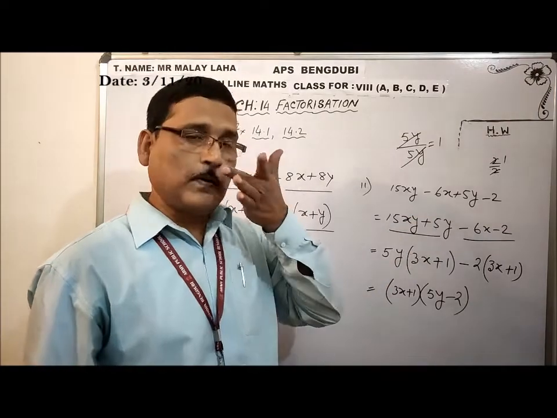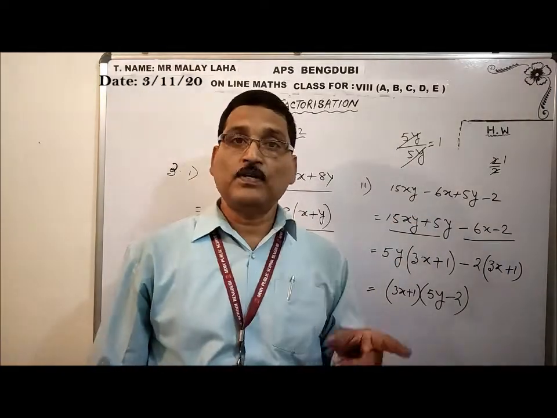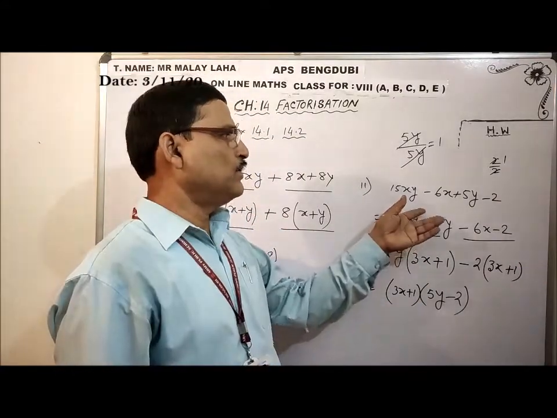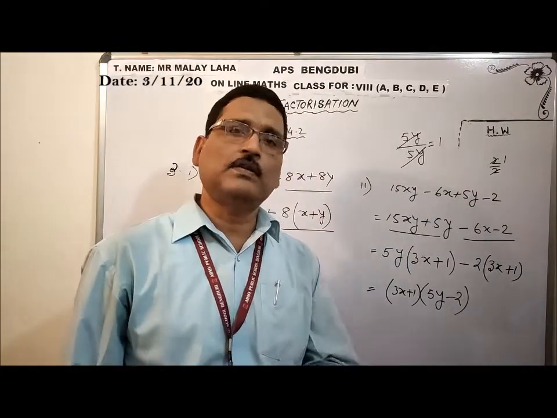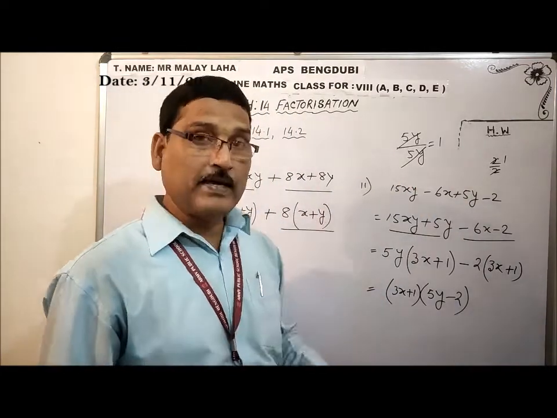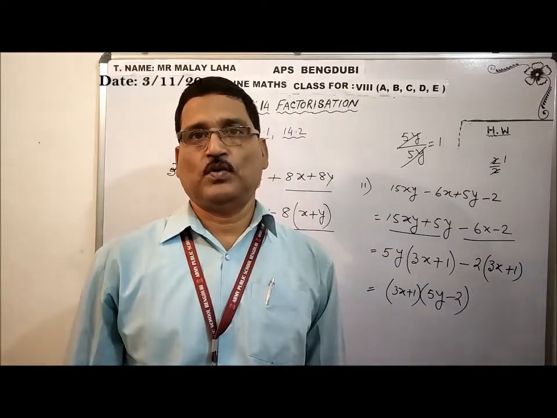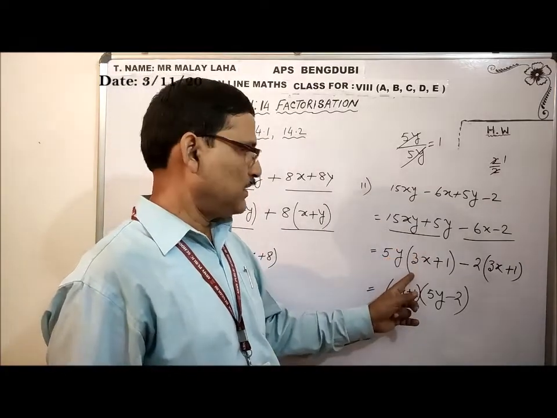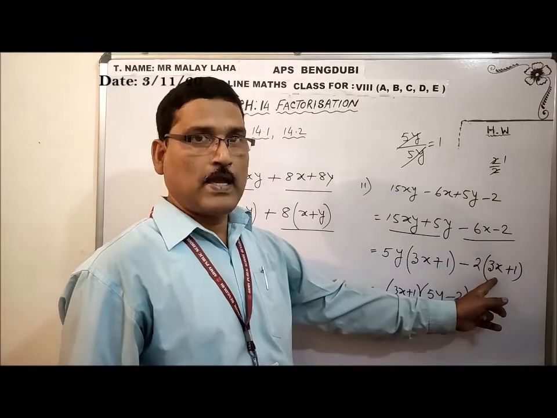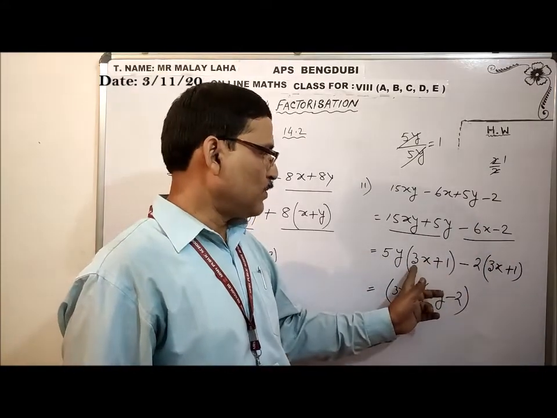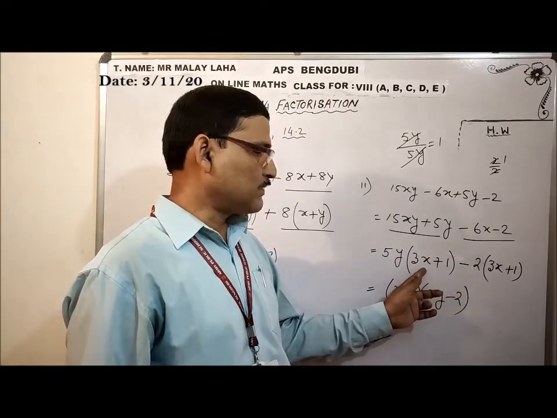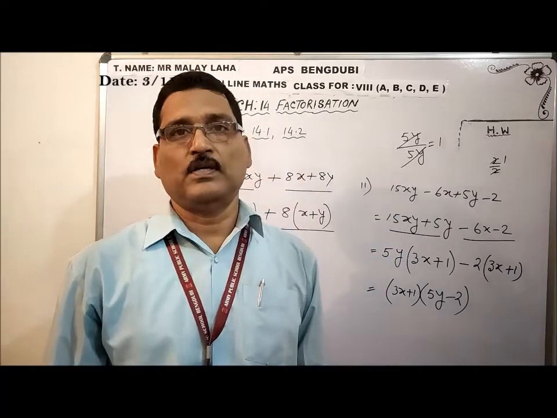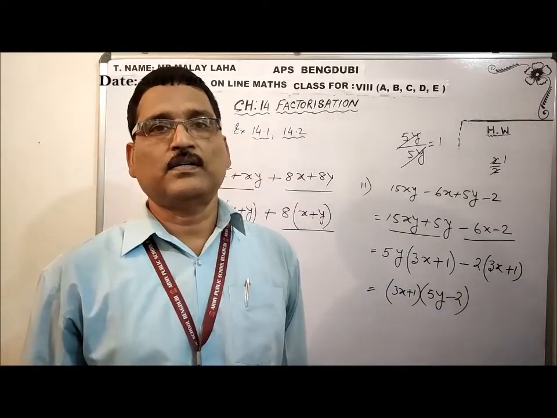Have you understood? So what we have to do here: first of all, regrouping. Regroup them as per your convenience. If you think you can do it without rearranging, you can go ahead. Okay, no problem. Sometimes you have to regroup, otherwise you cannot take common. After that, you take common factor from this one group, and you take common factor from this one. In this situation, always remember, whatever the uncommon part was in the first group, it has to be the same for this one. Otherwise, you cannot perform further common factor.